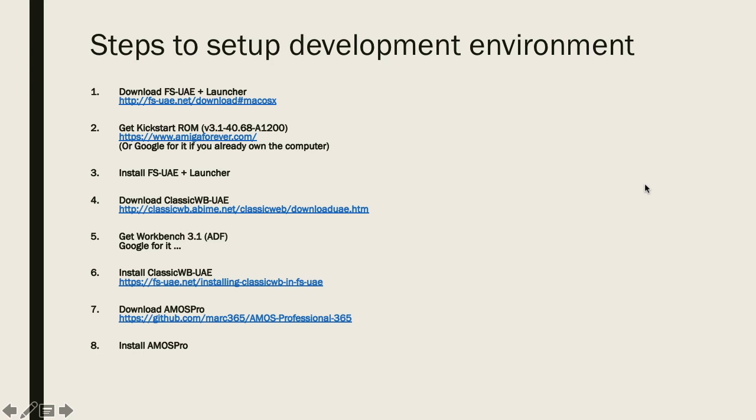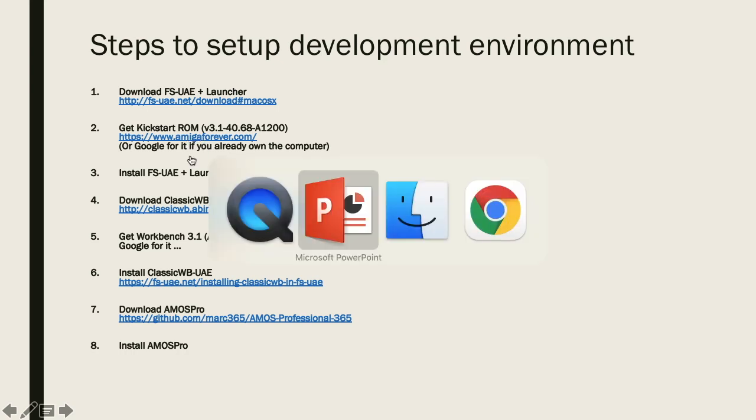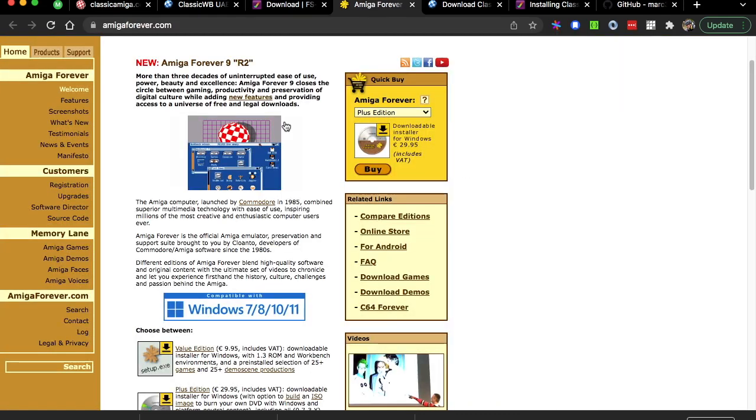The next step is to get the Kickstart ROM for this Amiga 1200. That's the computer we're going to use in this case. If you have an Amiga 1200, you can freely download the Kickstart ROM from Google. I will not show you the link, but you can Google it yourself because it's actually licensed. If you don't have the Amiga 1200, you can't just download it from Google, or you can, but it's not legal. So then you can buy it from Amiga Forever,